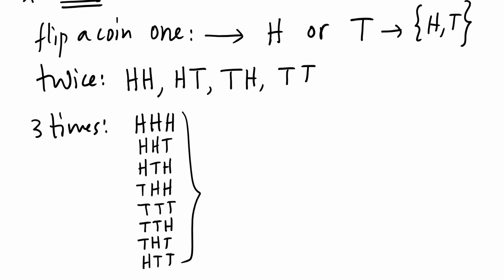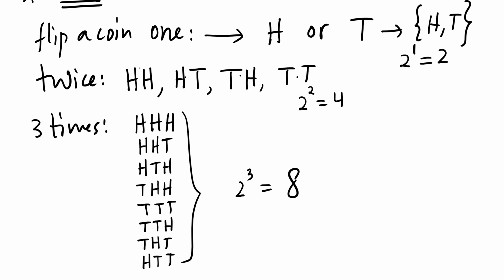In general, why do we get 2 only? If you flip it once, the total number of outcomes is 2 to the first power. That's where we get 2. Here we got 2 squared, 4 outcomes. 1, 2, 3, 4 outcomes. Here 2 to the third, because we did it 3 times. It's 8, not 6, 8. That's why you got 8 outcomes.